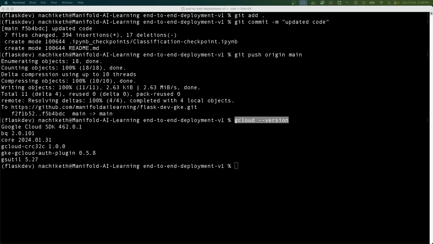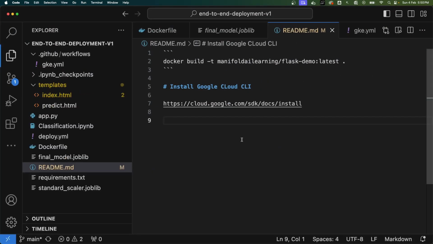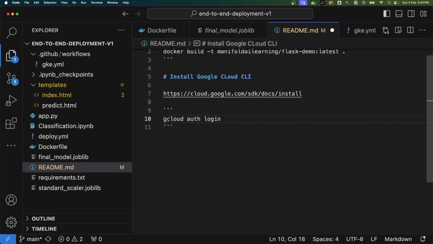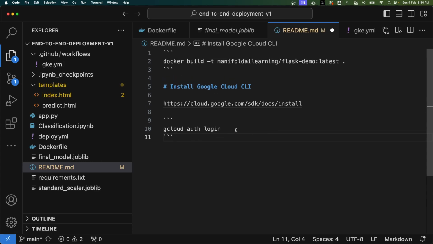Now, once that is done, another easy thing that I would recommend is to run gcloud auth login. That's a common command that you would use. Just run this command, and once you run it, you will be able to authenticate your local system CLI with the Google Cloud account. These are the two steps that I would recommend. Once that is done, you have the Google Cloud interface present with you and it is connected to your Google Cloud servers, then you can